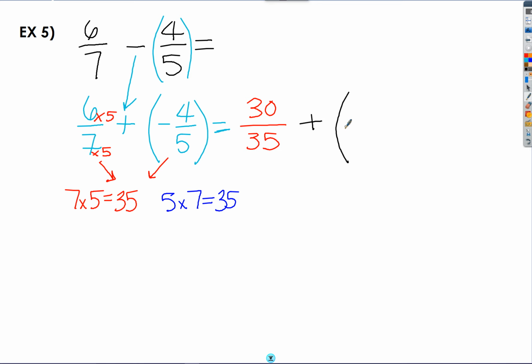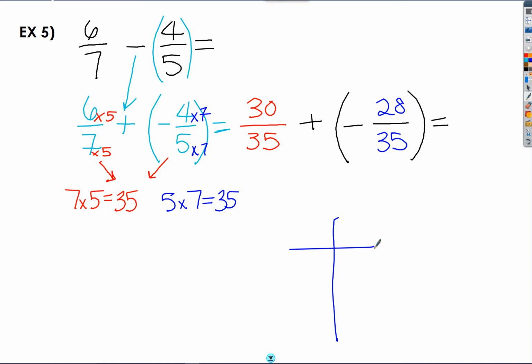And in this case, I'm still going to be dealing with a negative number. Okay. My other fraction in blue, I would multiply this by 7, and I would multiply this by 7. And I end up with 28/35. So my fractions have a common denominator. I'm going to use my scoreboard. Here's my positive team. Here's my negative team. My positive team has